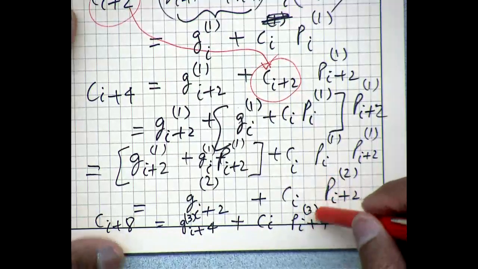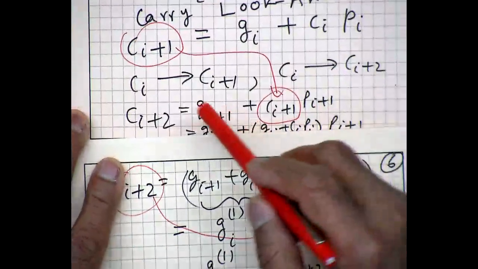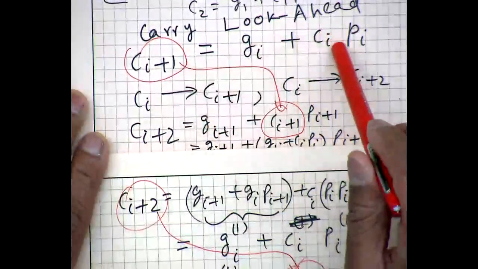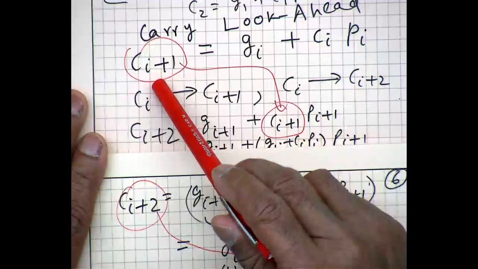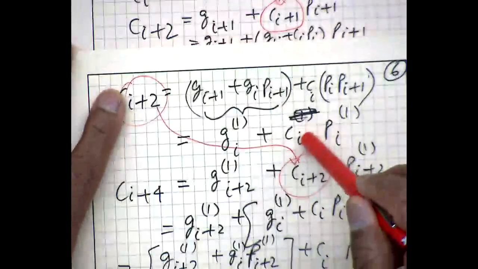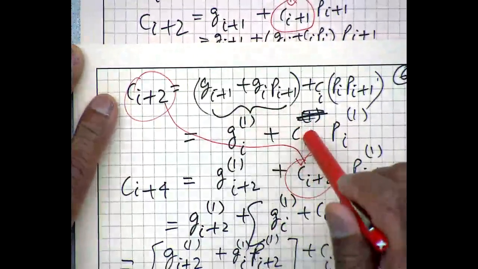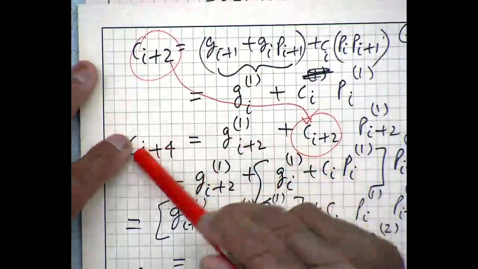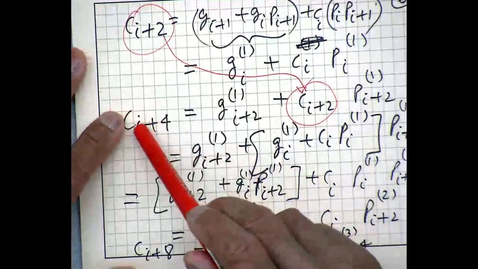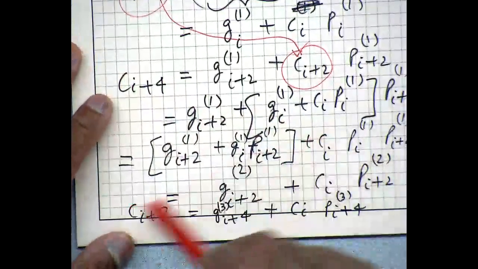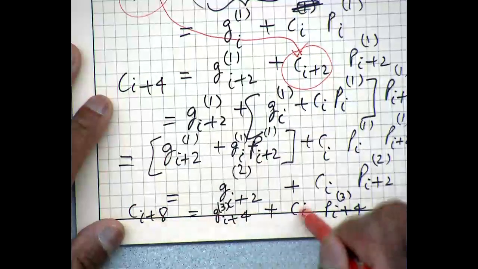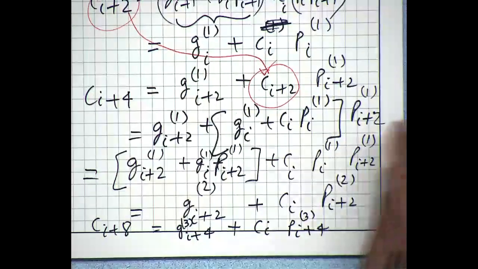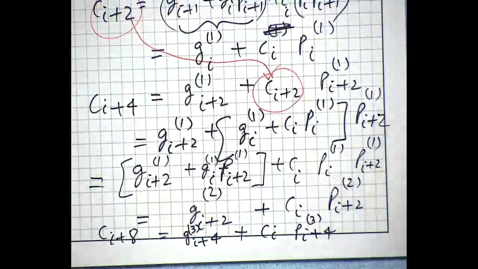Starting with C0, the original sequential equation lets me compute C1. This equation here, substituting i equal to 0, lets me compute C2 from C0. If I use this, I can compute C4 from C0. And if I use this, I can compute C8 from C0. So that's really the very basic idea of recursive doubling, or tree look ahead.